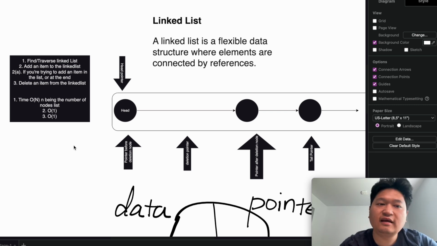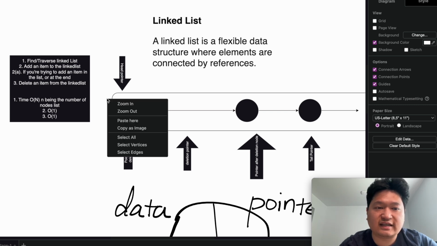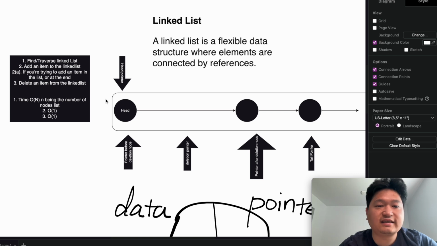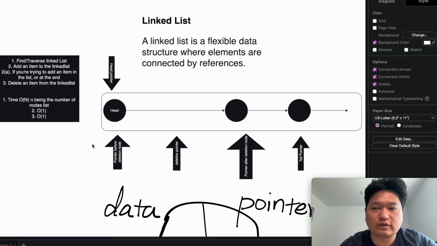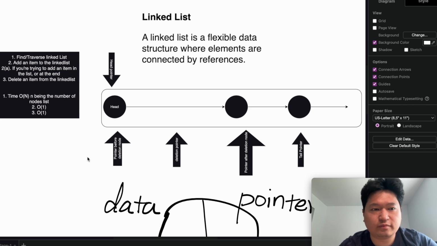But typically, in order to perform these activities, you need to gain access to the area that you're adding or deleting. So typically, it will become a linear activity of time complexity if you only have a reference to the head pointer, which is a reason why a lot of languages like Java use an array list to gain a reference to other items. So that's a trade-off of space and time. And we'll go into that further. But for now,